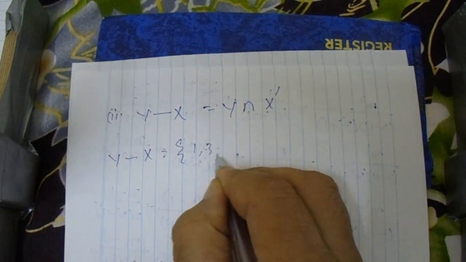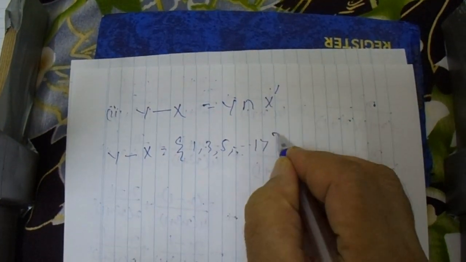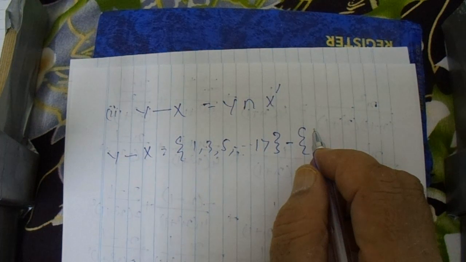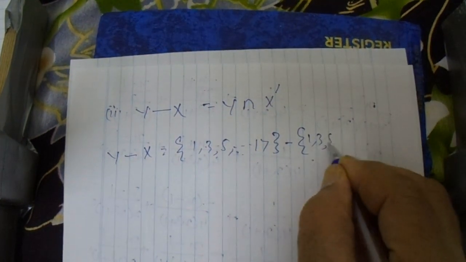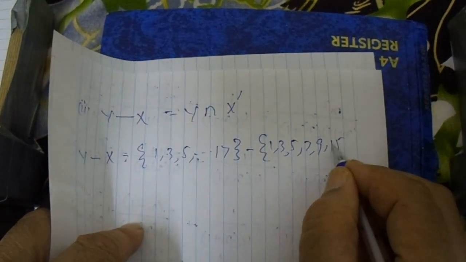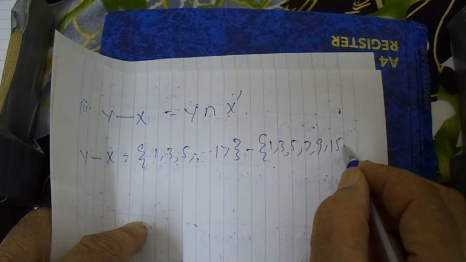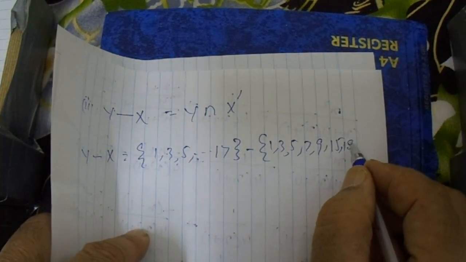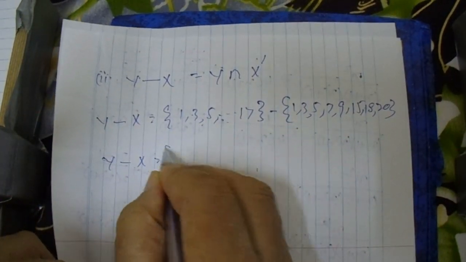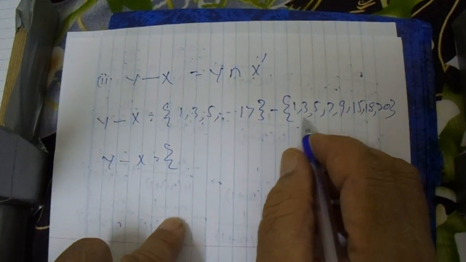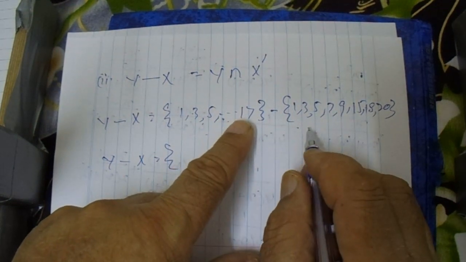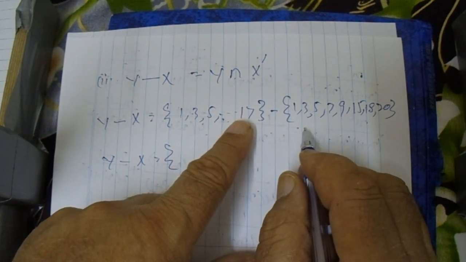1, 3, 5 and goes to 17, minus x is 1, 3, 5, 7, 9, 15, 18 and 20. Now this is our y minus x, we write all the elements of y which are not present in this. 1, 3, 5, 7, 9 and